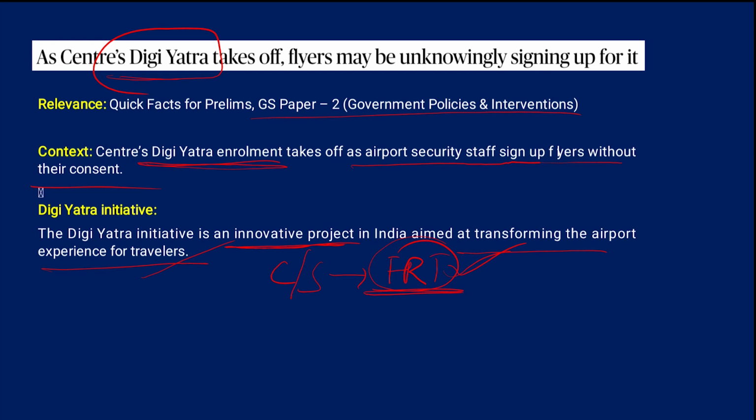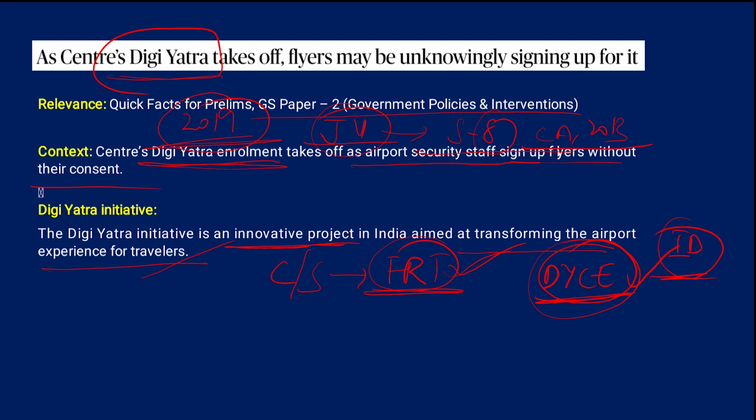So when was this Digi Yatra established? It was basically established in the year 2019 as a joint venture project under Section 8 of the Companies Act of 2013. Then it was introduced. But the journey of Digi Yatra has undergone various ups and downs, and the foundation responsible for the creation of this Digi Yatra is the Digi Yatra Central Ecosystem. DYCE is the responsible foundation which acts as a pan-India entity for passenger identification or validation. DYCE, Digi Yatra Central Ecosystem.